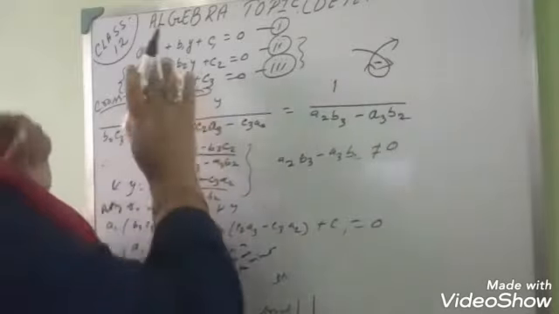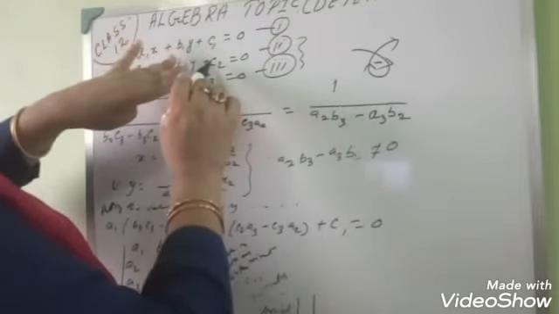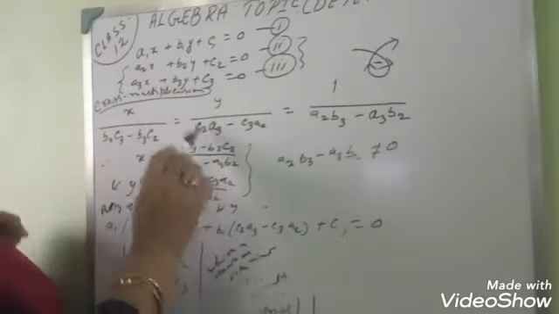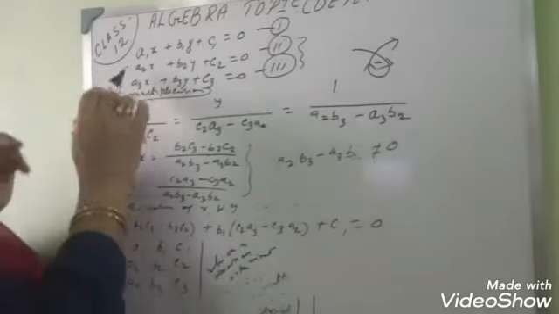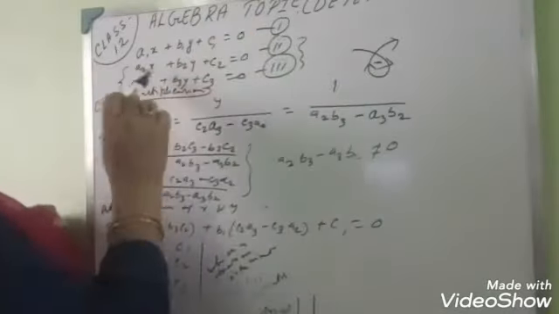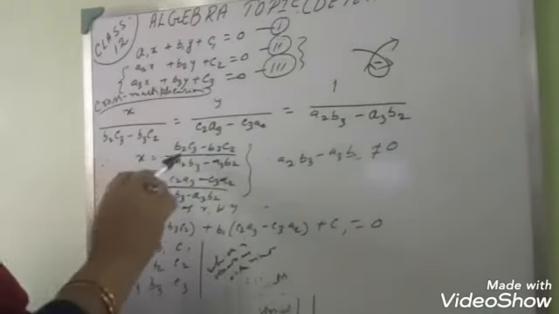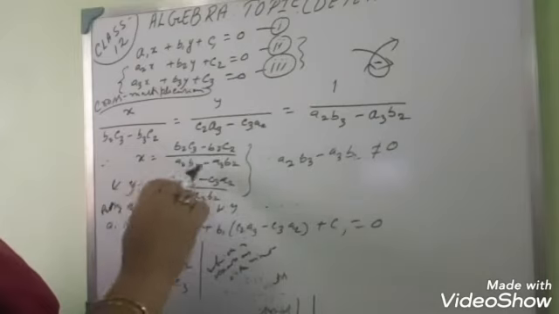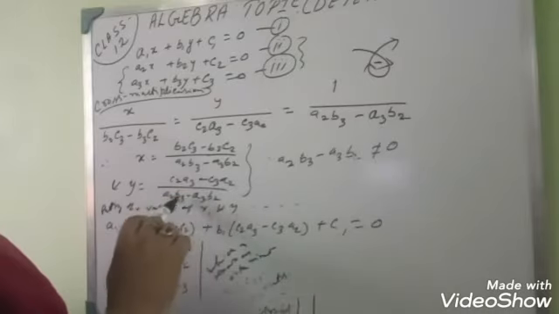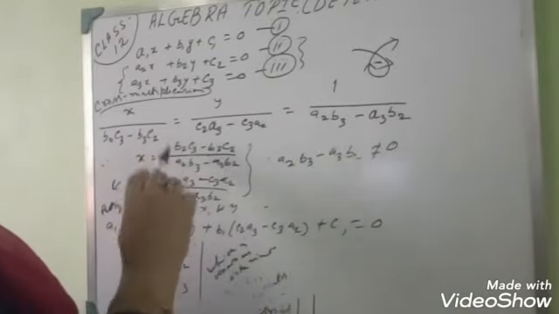Similarly, when we are to find the value of y, then we will start. Now we have already ended at the point c2, then we will start from the point c2. Then c2a3 minus c3a2. Okay, now we have already ended at the point a2, then again we will start at the point a2. So a2b3 minus a3b2. That part already we have done in class 9. Now x is equal to b2c3 minus b3c2 by a2b3 minus a3b2, and y equals to c2a3 minus c3a2 by a2b3 minus a3b2. This a2b3 minus a3b2 is not equal to 0. Therefore, we can easily find the value of x.